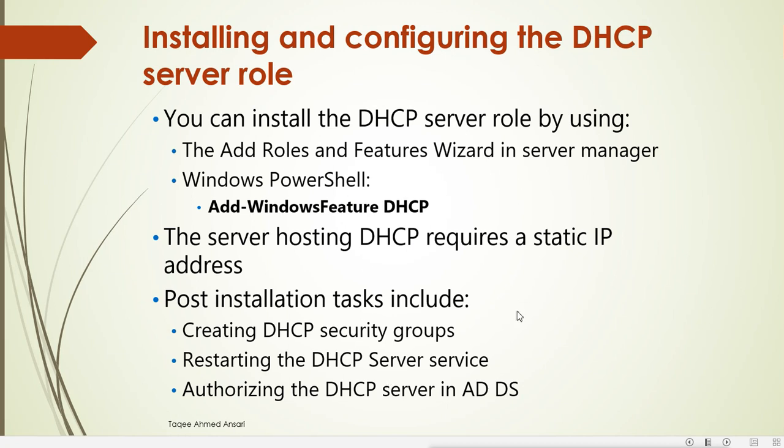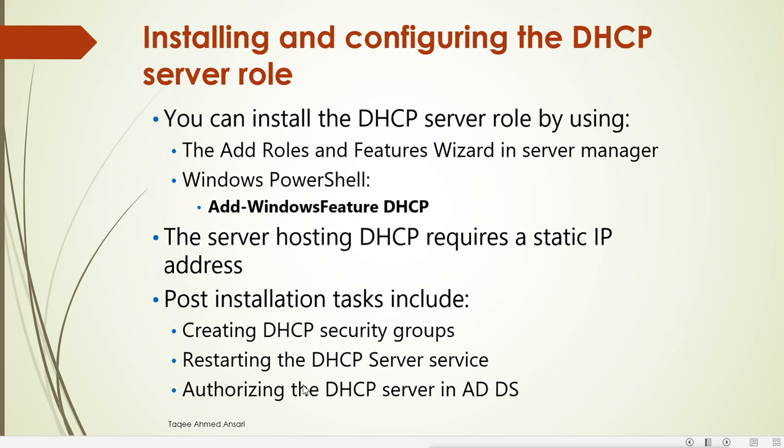But if we have a domain, and we are a member of the Active Directory domain, then we have to make the DHCP server authorized for the domain to provide the IP addresses for the domain clients. If we have not authorized the DHCP server in the domain, then it cannot provide the IP addresses to the client. It is actually out of security. Because of the security of the domain, it cannot provide IP addresses to the clients of the Active Directory domain.